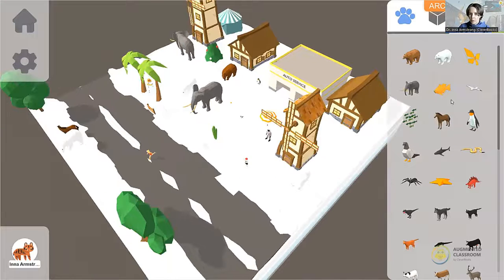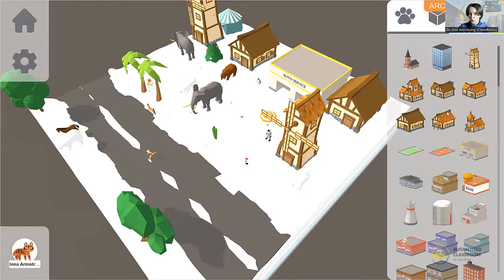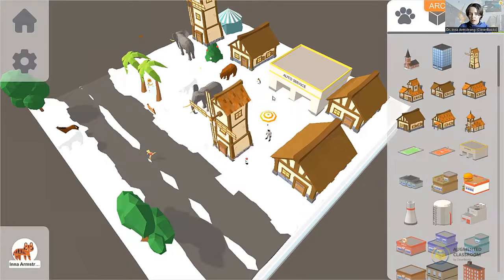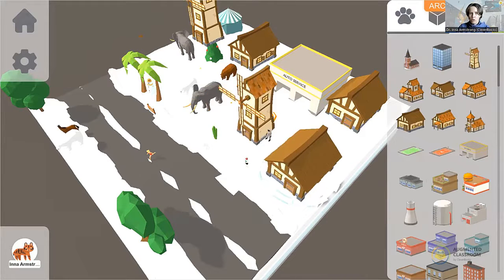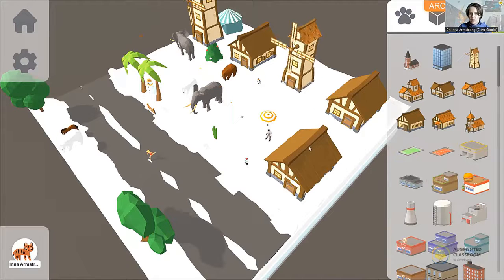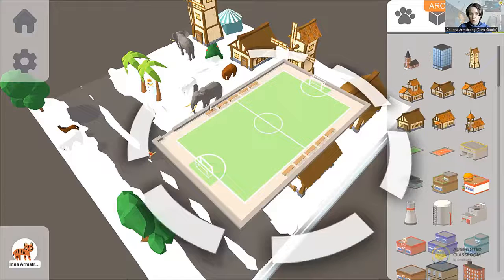You can see there is a library of 3D objects that could be used to create or co-create the environments. Quite a simple concept, drag and drop. And then if we have one student creating their environments. If there are multiple students assigned to collaborate together, this project would be a collaborative environment for students. And then later on, the teacher can assign additional tasks where students can do the presentations and do additional